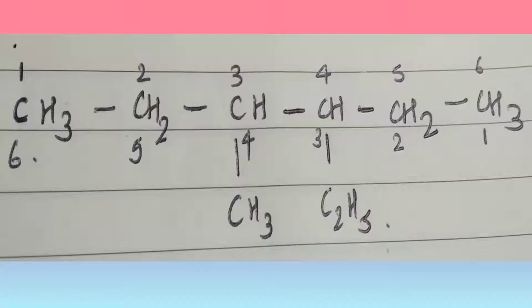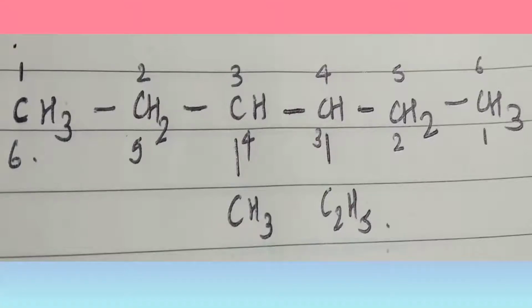In such a case, the alphabetical order of the first letter of the name of the substituent is taken into consideration. The E in the ethyl group comes first in alphabetical order, then M in methyl group. So the numbering is done from left to right so that the carbon holding the ethyl group gets the least serial number. If the two groups are not at equal distance from either end, like shown in this example, this procedure is not followed. This condition is only followed when the substituents are equidistant from the ends, because when we allot the numbers, they get the same numbers. So this is the example for it.